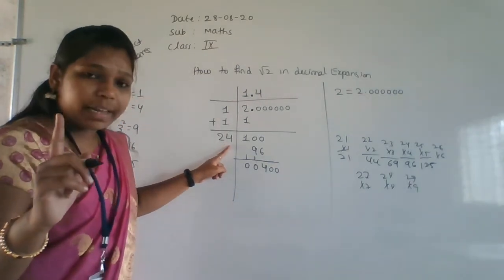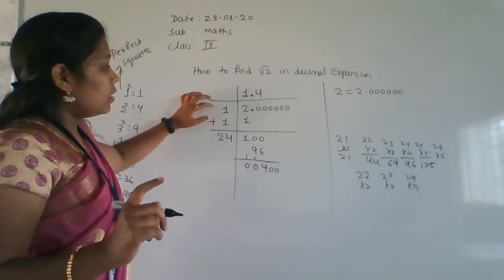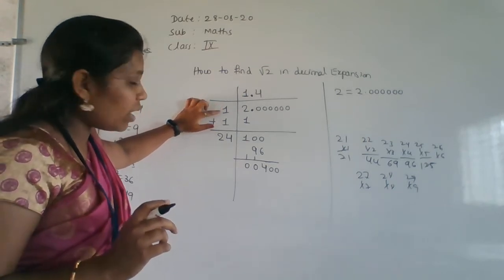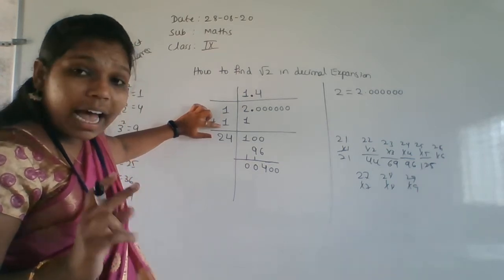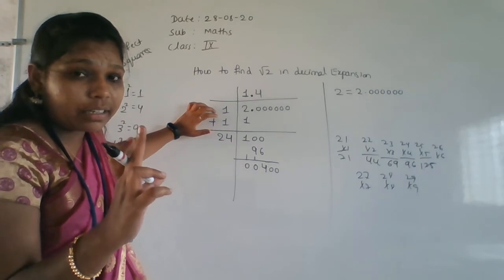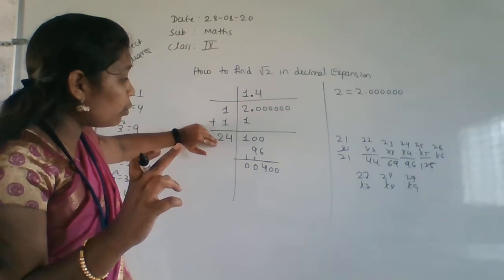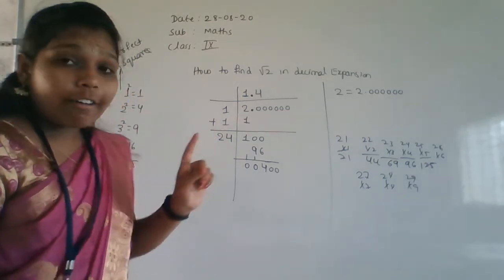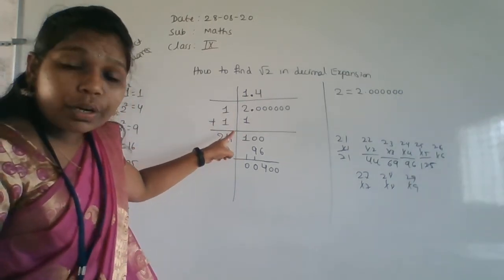So here, whatever the ones place value is there, we have to add that value. Okay. Here, see, we are adding the ones place value only. Here in the ones place value 1 is there, so that's why I am adding a 1. It is not a double of that value. Please remember that. If you thought that this is a double of this, then we will double the value here also. It is not a correct method. Whatever the value is in the ones place, that you are going to add here.